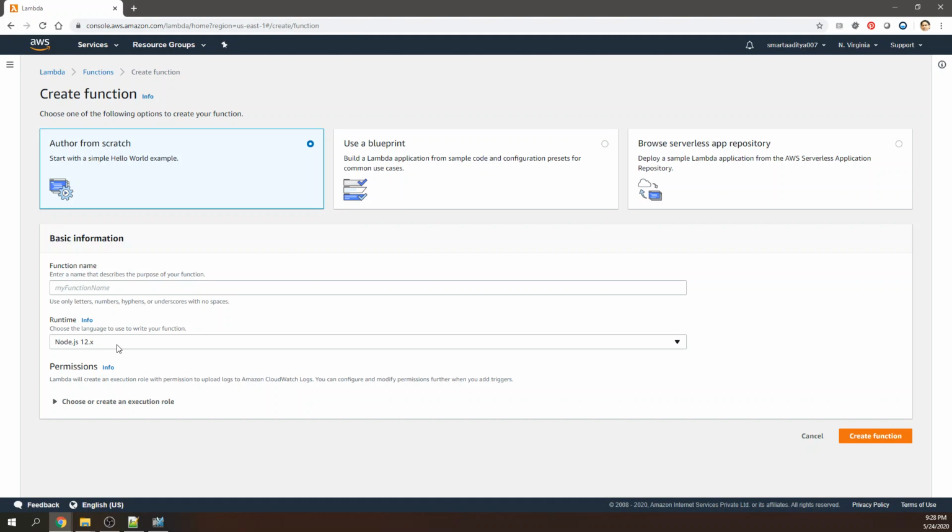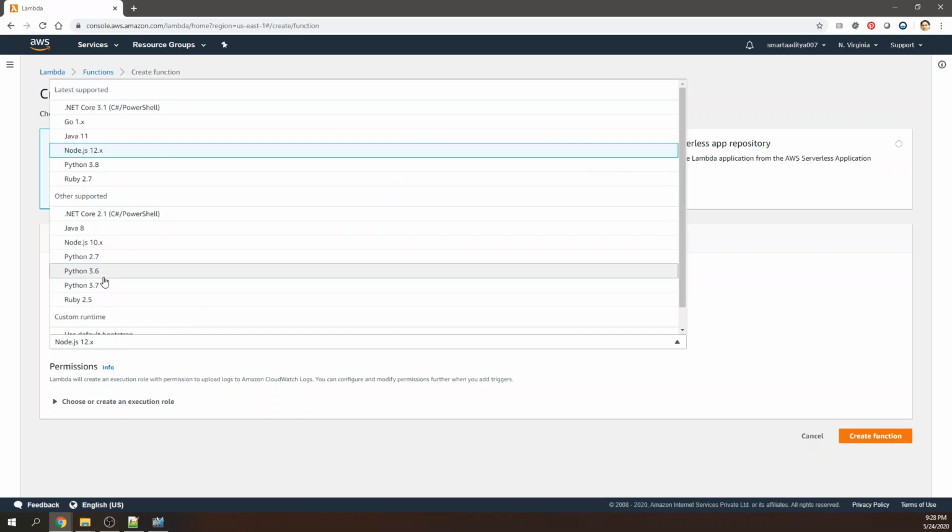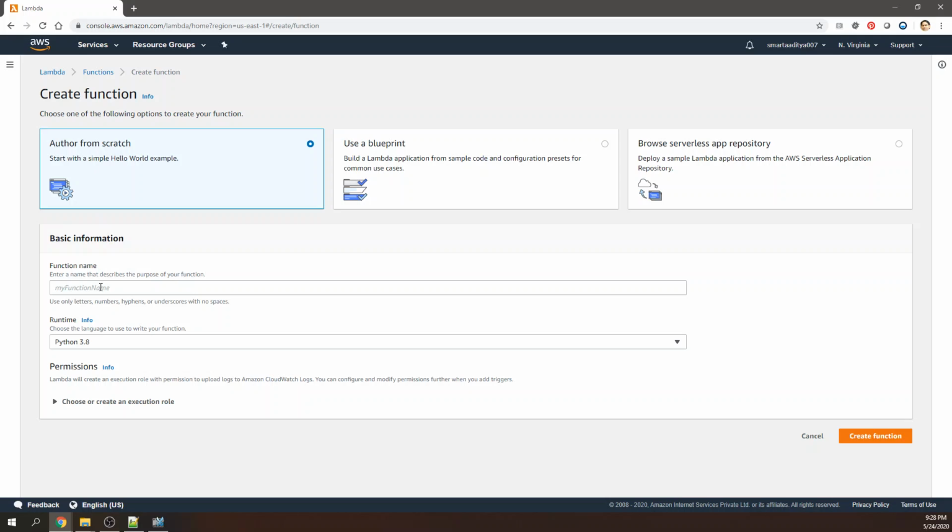and we are going to leave the default settings like this. The only thing we are going to change first is the Python. So we are going to stick to the Python version 3.8. So we'll take the latest one and we'll give the function name. The Lambda function name is hello world function. We'll just click on create function, and this will take some time,